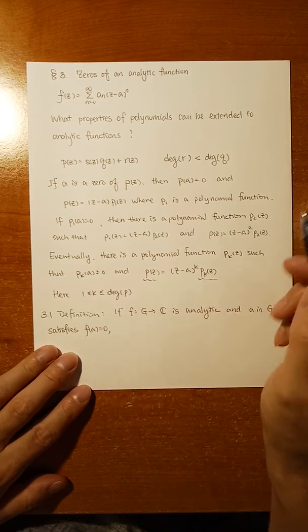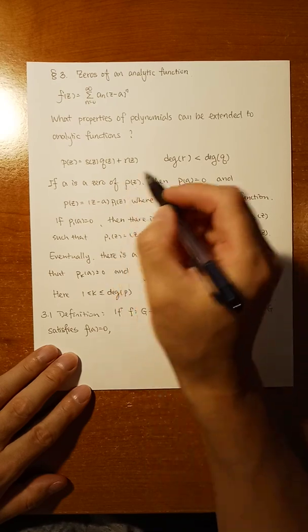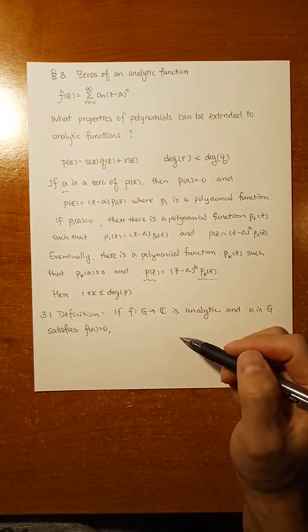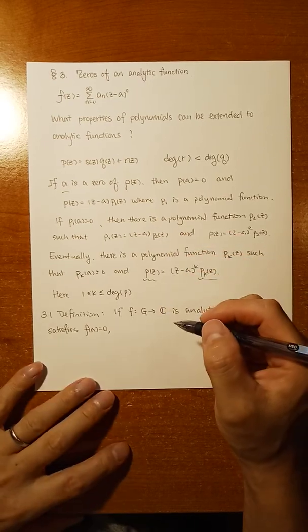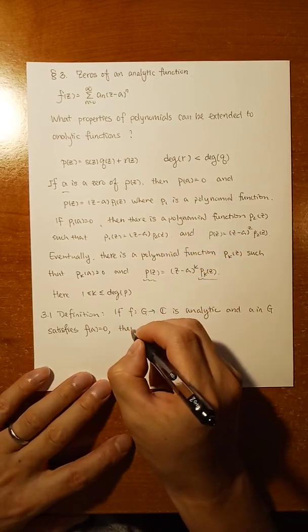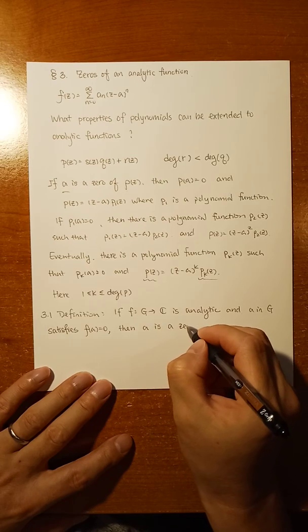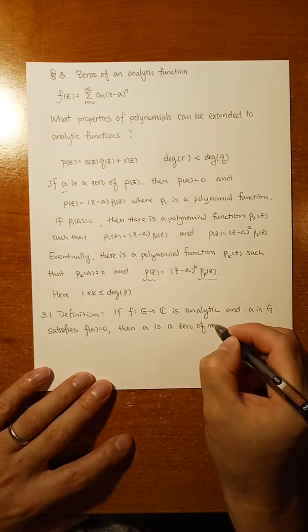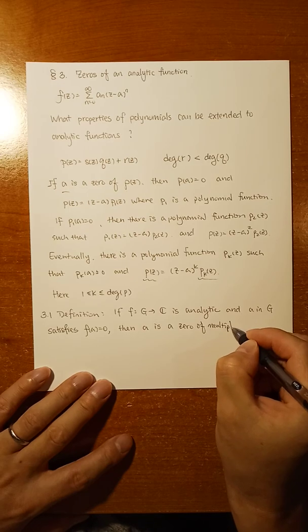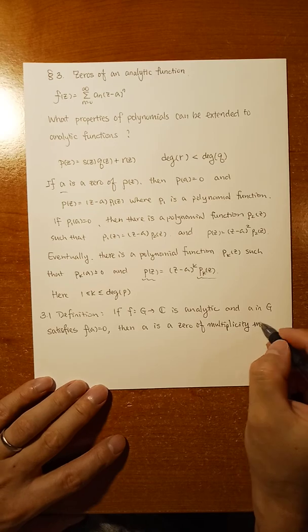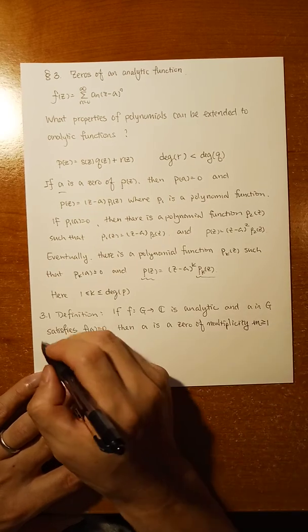So you see, you have an analytic function, like you have a polynomial, and A is a zero of the polynomial. You have a similar situation. Then A is a zero of multiplicity m, where m is greater than or equal to 1,